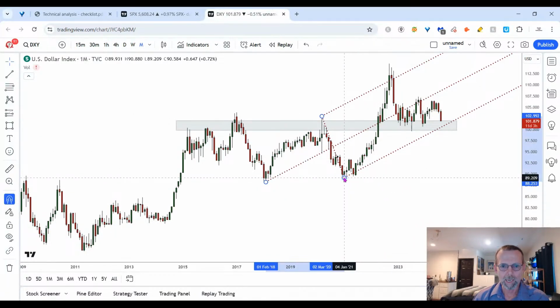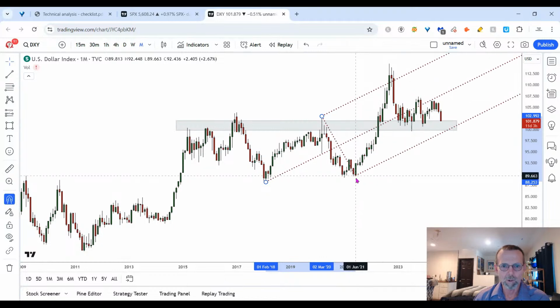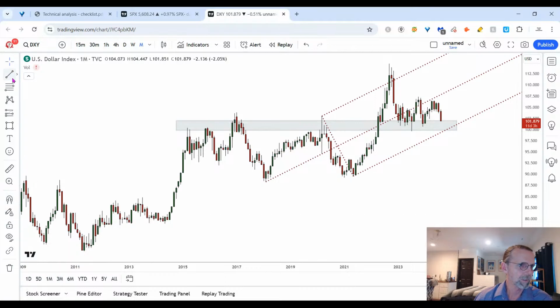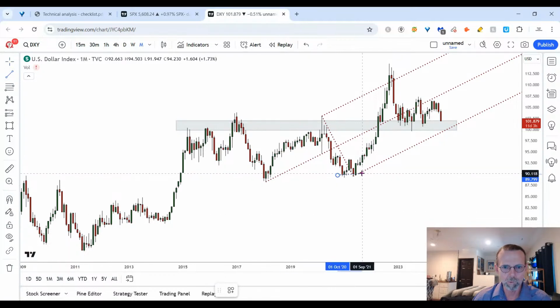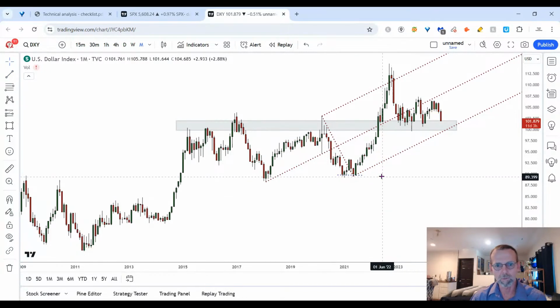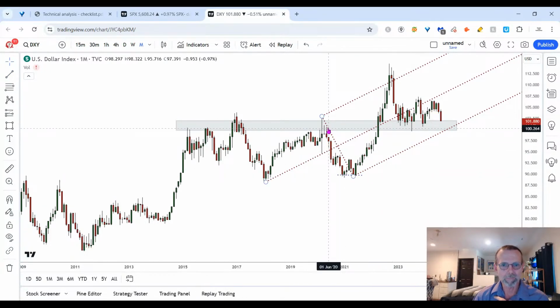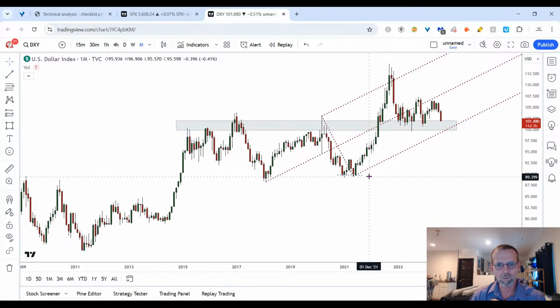Now, the other possibility for where we might put that pivot point is on one of these two bars, because notice that we've got essentially a double bottom there, and so we could talk about that being the end of the downtrend, and yet this bar is at the same level. So which of those bars do we choose? There's nothing wrong with looking at both of them. And in this case, what I'm looking for